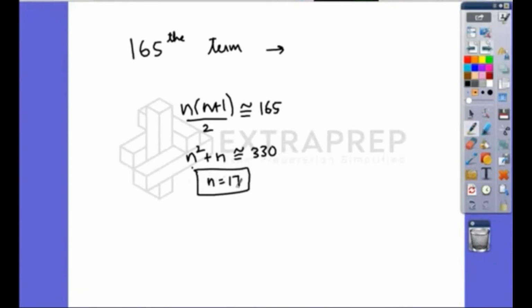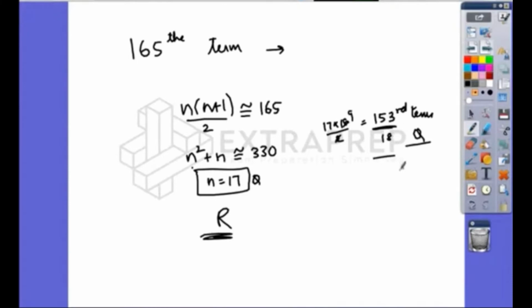So from 1A, 2B's, 3C's, so on, 17 Q's, 17 letters Q are done. So what is the answer? R. Because if you want, I can calculate it for you. 17 into 18 by 2. This goes 9 times. 90 and 63, that's 153. So until the 153rd term, you get Q's only. So Q ends at the 153rd term. After that, you get 18 R's. So obviously, if you add 18, until the 171st term, you'll get R's only. So once you get a value as 17, which is Q, obviously the next letter R should be the answer.